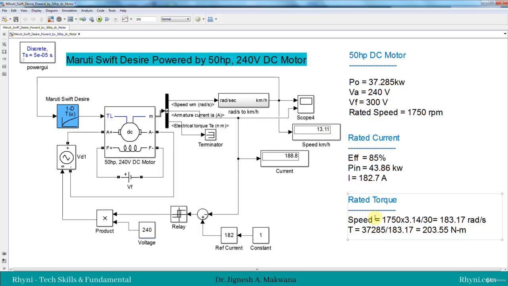We can also calculate the rated torque. To calculate the rated torque we require the speed in radian per second. So 1 revolution is 2 pi radian. So 1750 multiplied by 2 pi will be radian per minute, and 1 minute is equal to 60 seconds. So divide by 60 will give us the radian per second. So 2 pi divided by 60, that means multiply by 2 and divide by 30, will give us the speed